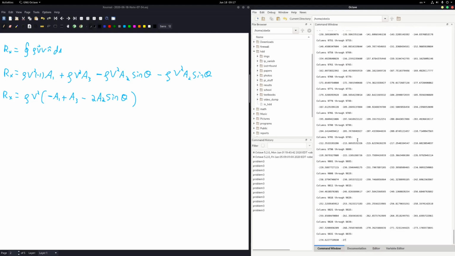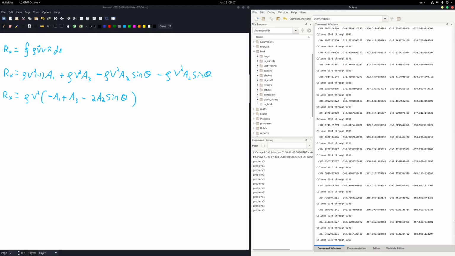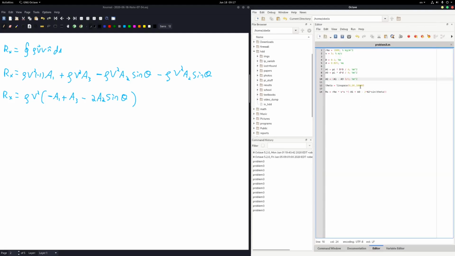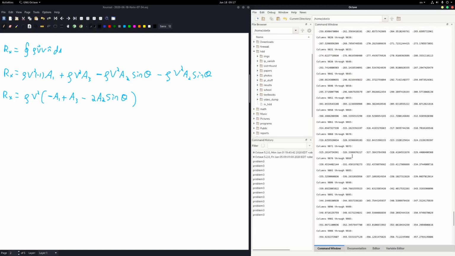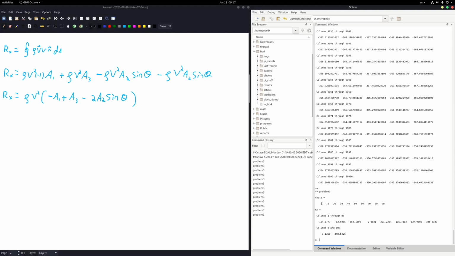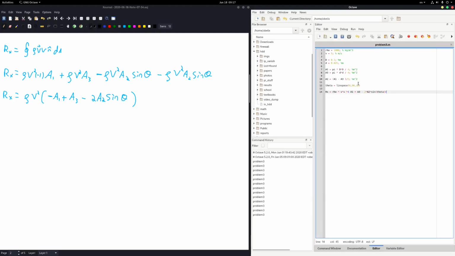our output, ooh, there's a lot. Maybe I can put fewer points. Say I put 10 points. So I run this, and you'll see theta is taking 10 points from 0 to 90, and then we'll be able to compute our values of Rx from these certain points. We do want a higher resolution, so we take more than 10 points here, and we're going to comment this out so we don't get that crazy output. The last thing to do is to just use the MATLAB command plot. So our y-axis is going to be theta, and our x-axis is going to be the reaction in x. And if we run this,